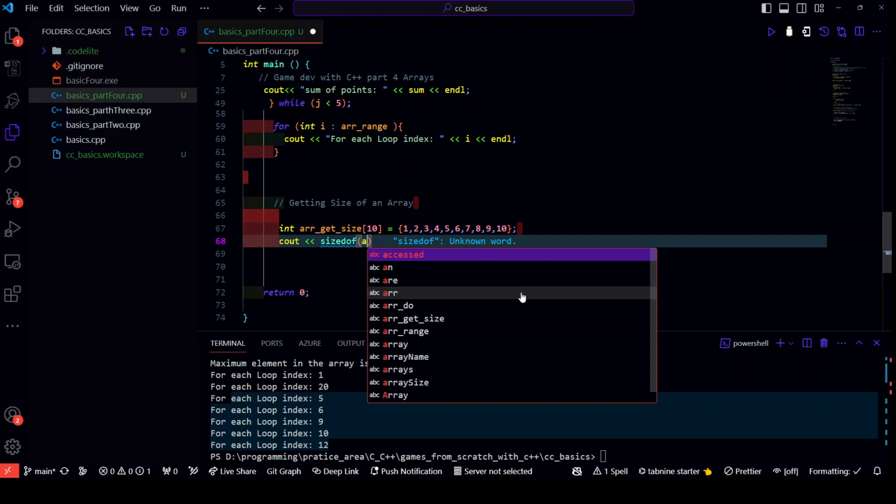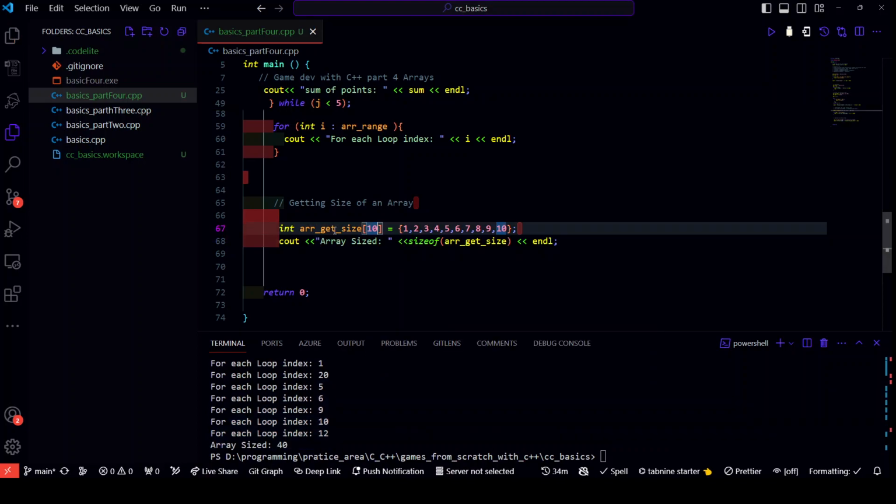So let's compare this. Let me give space here so that you see it clearly. Let's compile again. You see that we get 40, but the array size is 10, but it's giving us 40. The reason why we are getting 40 instead of 10 is because the array contains 10 elements, and the sizeof operator always returns the size of a type in